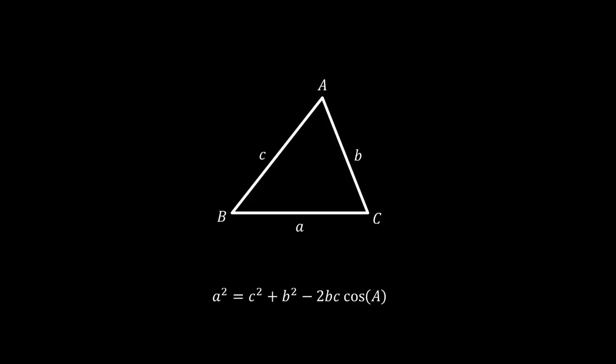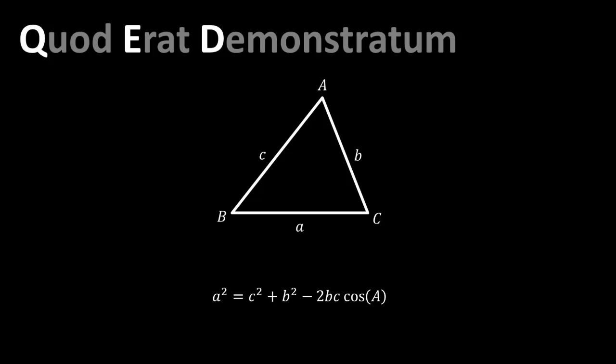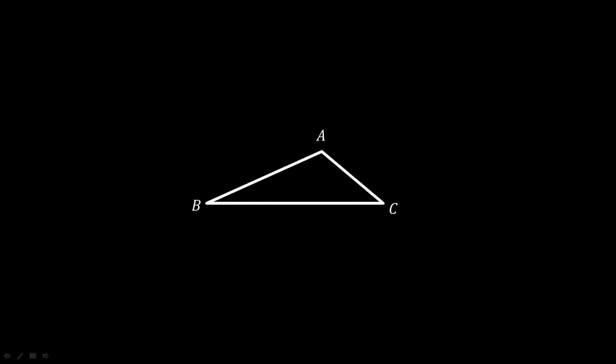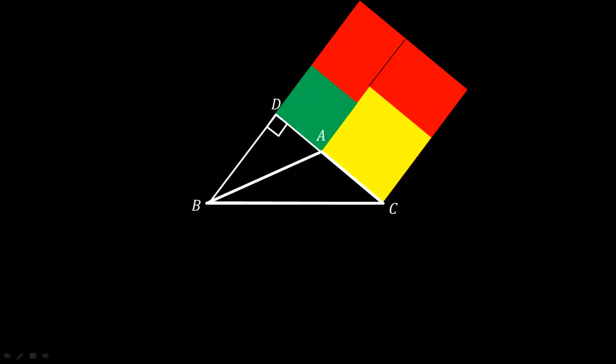Because all of the angles in this triangle are acute, our proof works even if you use a different triangle or label the points in a different order. So, we have shown what was required to show. But hold on! What about obtuse angled triangles? Euclid deals with that in proposition 12. Euclid constructs this right-angled triangle instead, so that point D is outside the original triangle. He then makes some rectangles over here, and follows a very similar path to prove the cosine law again, but for obtuse angled triangles. Thus, we know that this law is true for any triangle,